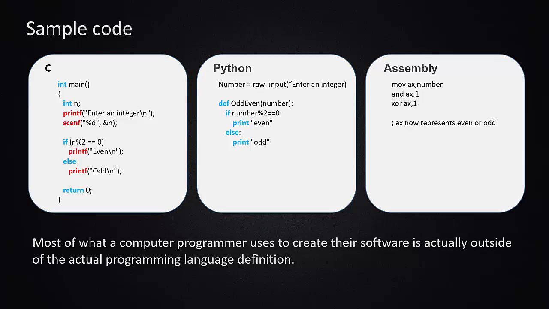So how does that work in computer languages? Well, here are a few sample codes from different languages, and you'll see that they look different. They're all accomplishing actually the same thing here, which is determining whether an integer is even or odd. And I highlighted some of the words here that might be considered reserved words in those codes,